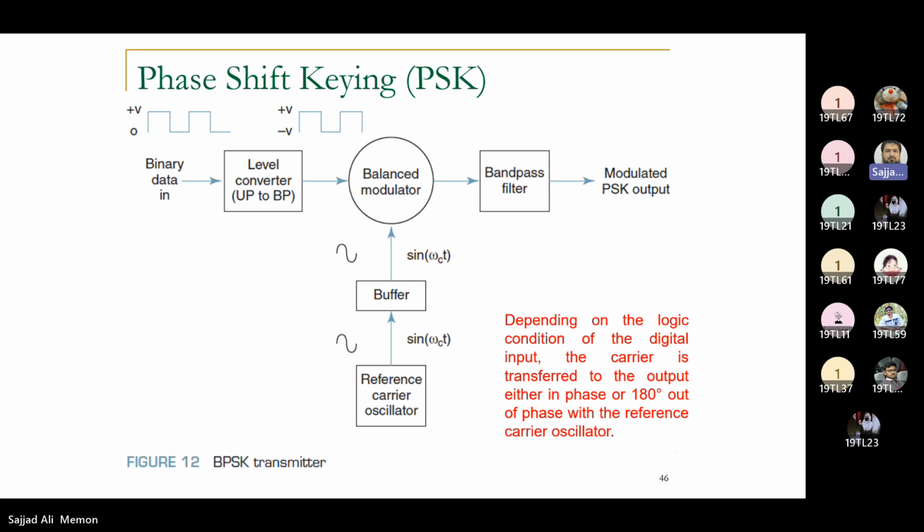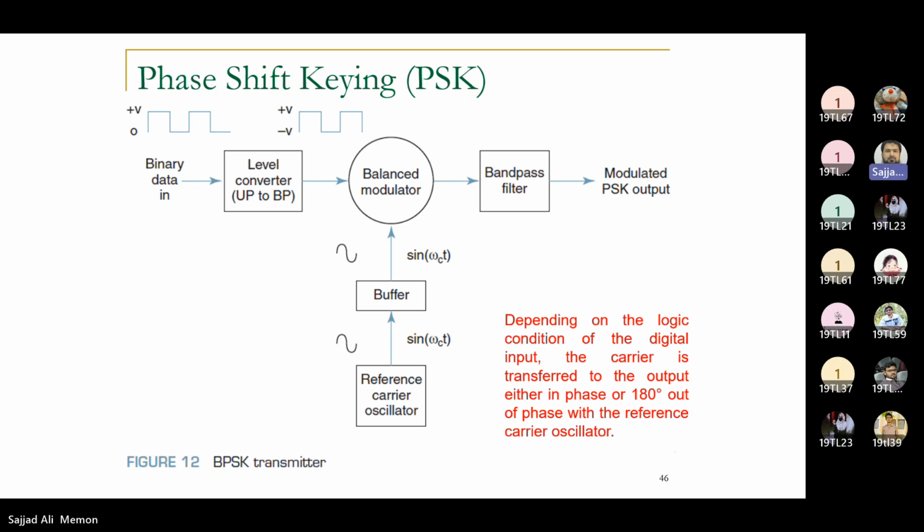If we say it's +1 and -1, then the output of the balanced modulator will be plus sin omega ct or minus sin omega ct. Then this will pass through a band pass filter. Only particular frequencies will be passed, others will be blocked. And the output will be modulated